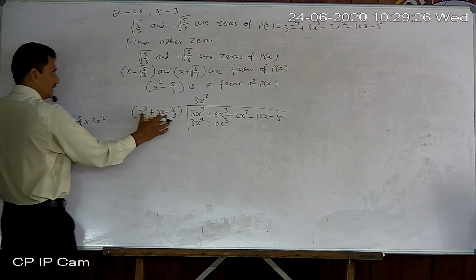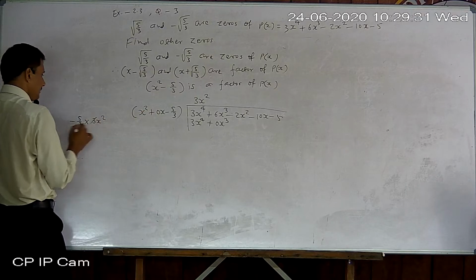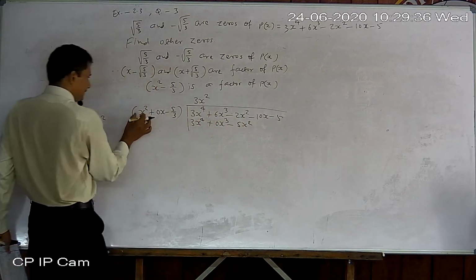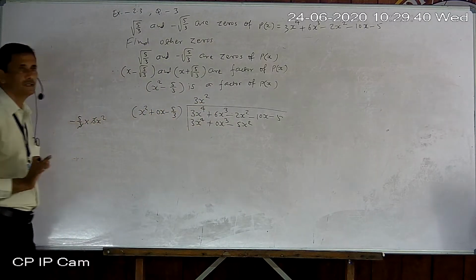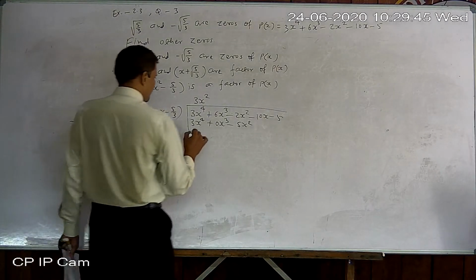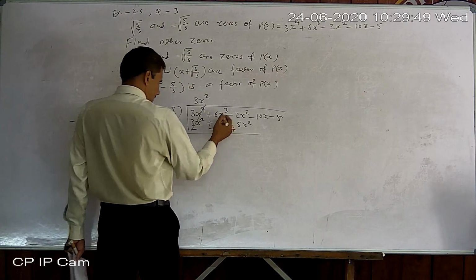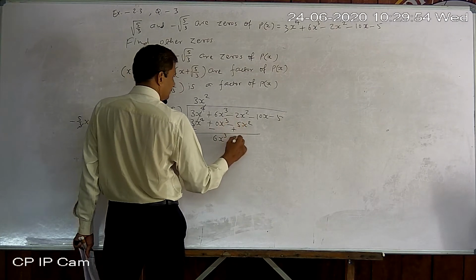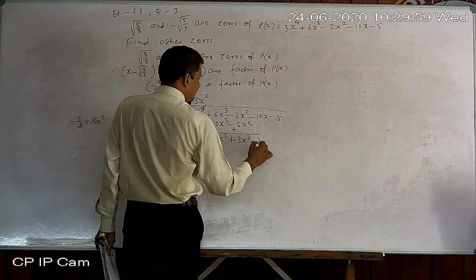Suppose we are not doing that orally, then be careful like this. It will be minus 5x square: 3x square with x square, 3x square with 0x, and 3x square with minus 5 by 3. Multiplying, the 3 cancels out, so left is minus 5x square. Now change the sign; this term is gone. Here 6x cube remains. Left is plus 5 minus 2, that is plus 3x square, then minus 10x, and minus 5.